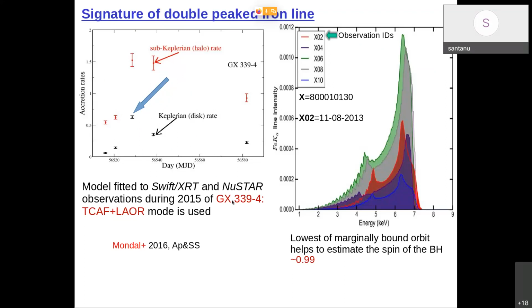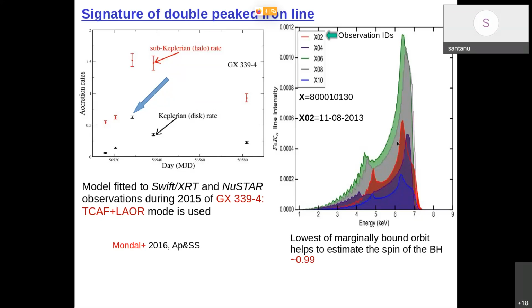We fitted with our model, and in addition we added this Laor model. This model is to take into account the relativistic effect. So after fitting these two models to the data, we found a beautiful line profile, that the iron line is skewed, and we can see it is double peaked. One is blue shifted and the other is red shifted, and this line intensity varied between observation days. That means this highest intensity we obtained when the size of the corona was minimum. That means the disk moved very close to the black hole and relativistic effect became very important, and it skewed